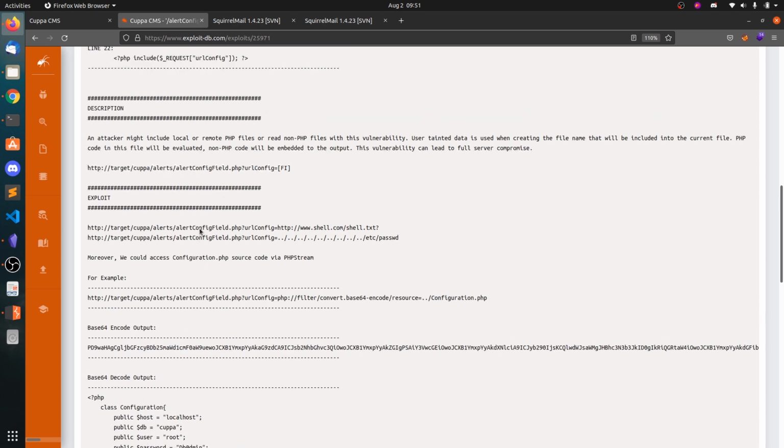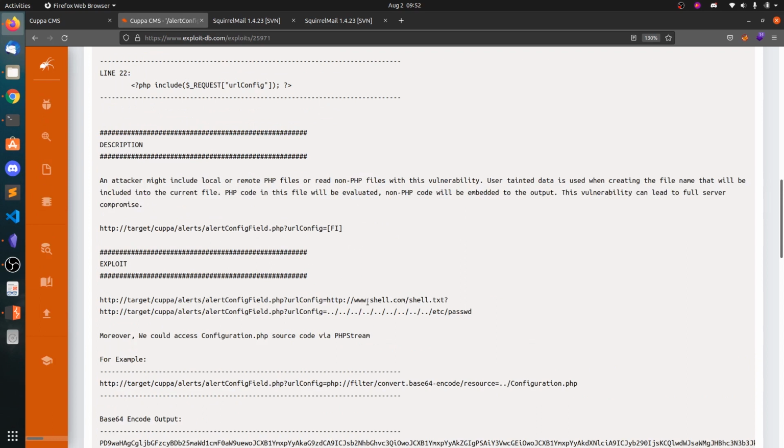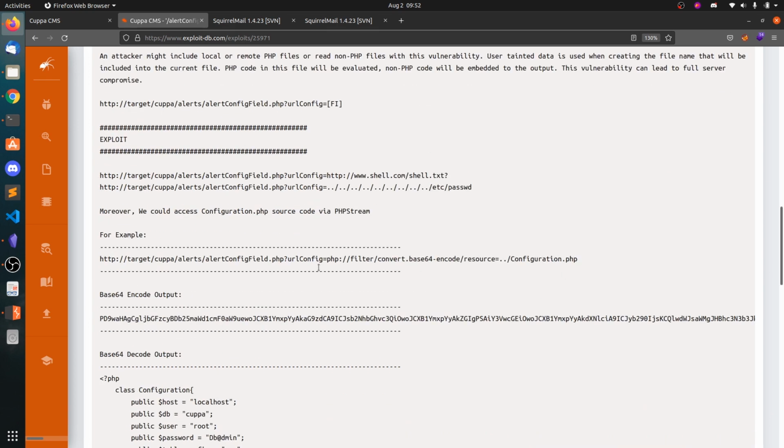Okay. So here if you want to get the contents of /etc/passwd, you need to go to cuppa alerts alert config field.php URL config. So you can also encode this using the PHP filter base64. So let's use this one.